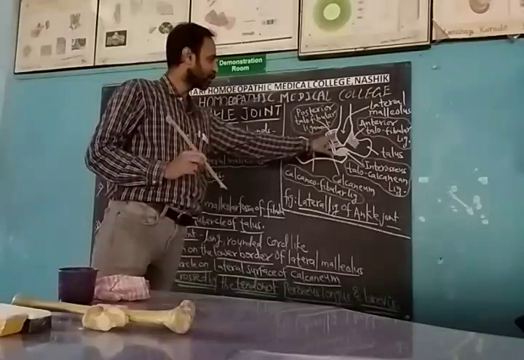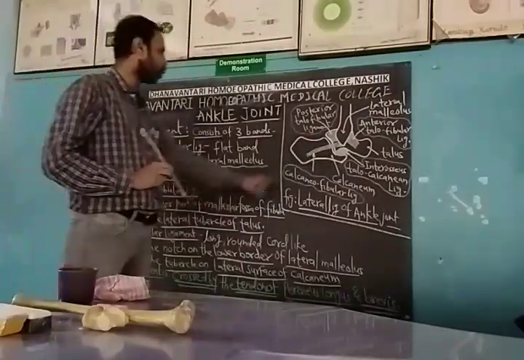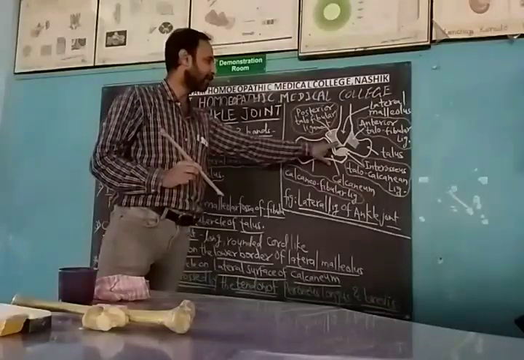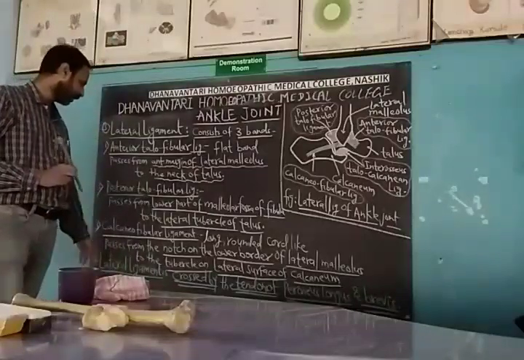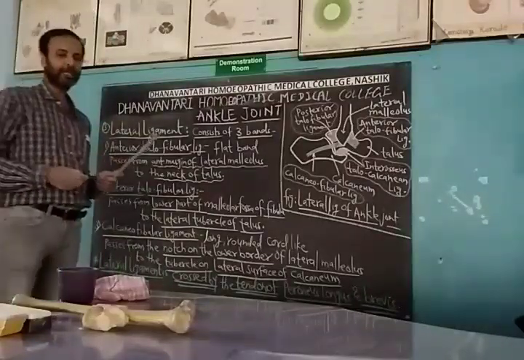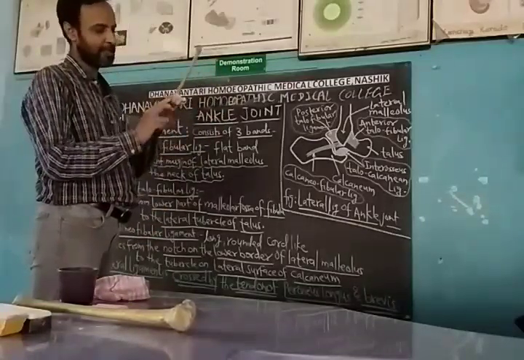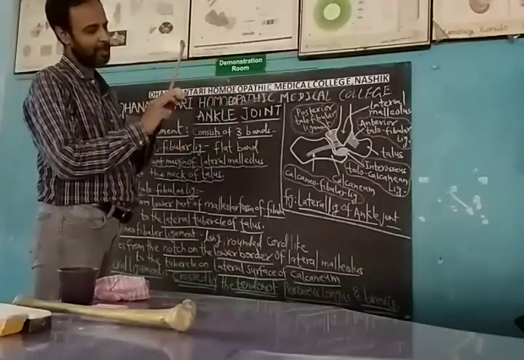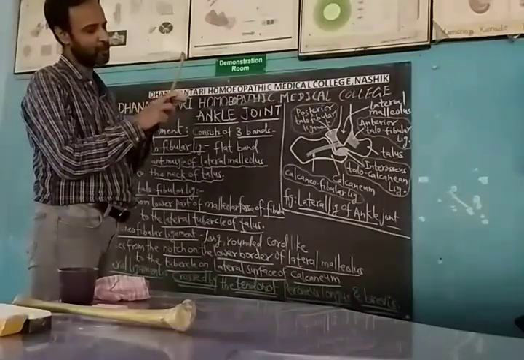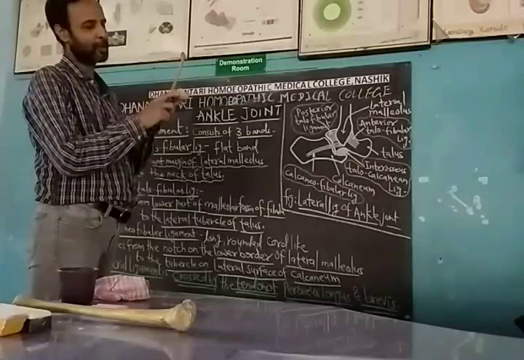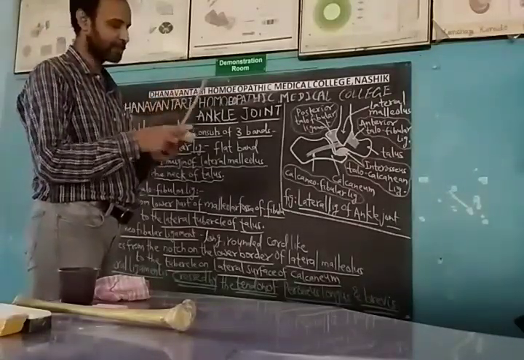See now, so as we have said, it passes from the notch on the lower part of the lateral malleolus of fibula to the tubercle on the lateral surface of the calcaneum. Now this is a tubercle on the lateral surface of this calcaneum. When you touch it, you will find here is a tubercle, lateral. So this is how the attachment is.